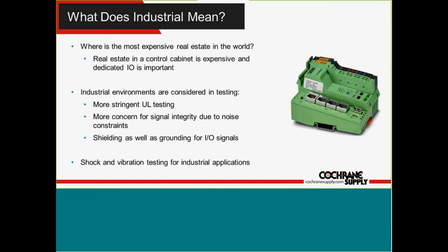Industrial is also something that products need to be tested for. So from our world, UL is a standard that we live and die by. All of our products need to be UL 508 certified, because our industry will not take anything else. And the reason behind it is UL is a very stringent set of test procedures that must be followed on